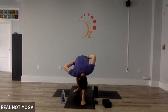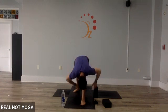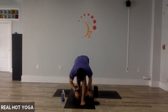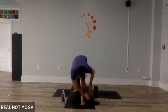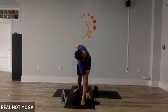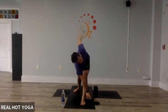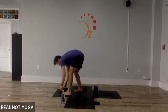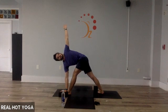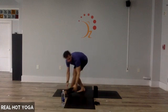Right hip back, left hip forward. Drop your head. Twisting triangle. Lock, shin, floor. Choose it. Lower hand, left hand down, upper hand to your lower back or upper hand to the side. Go, twist. 5, 4, 3, shine, rotate, 2, chaturanga,